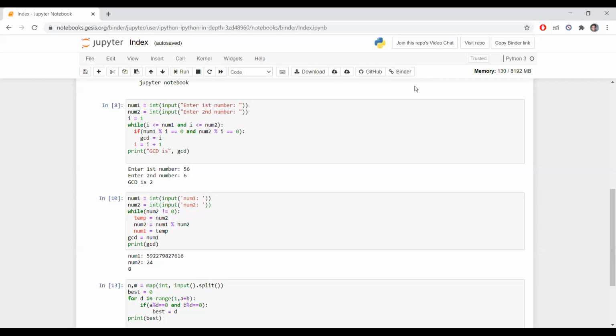Hi guys, this is Gokul Raj, and now we are going to see how a code developer uses an algorithm to reduce his time complexity in coding. Algorithm plays an important role in reducing the time complexity, the runtime of the program.